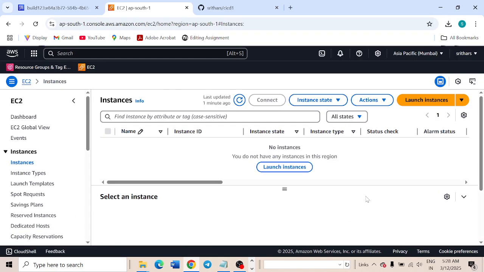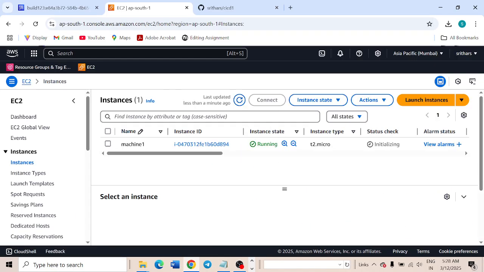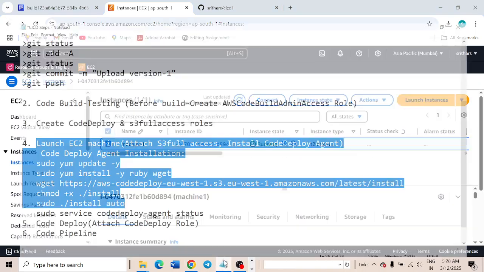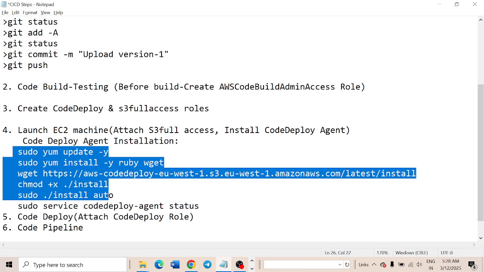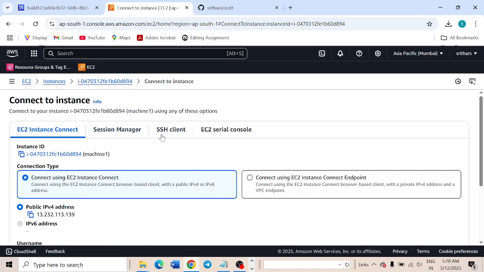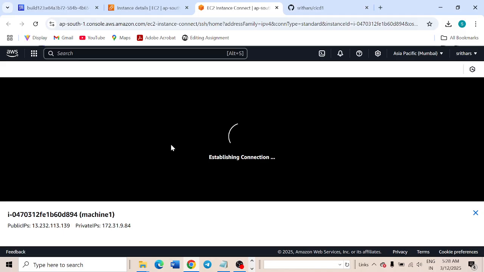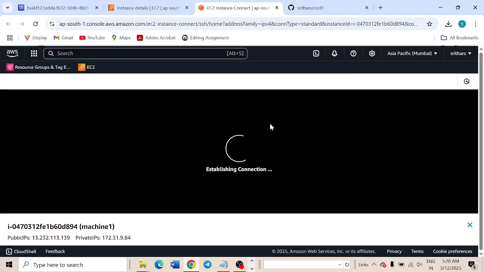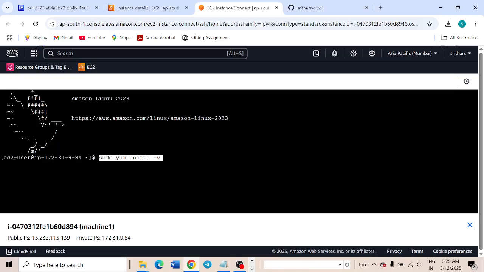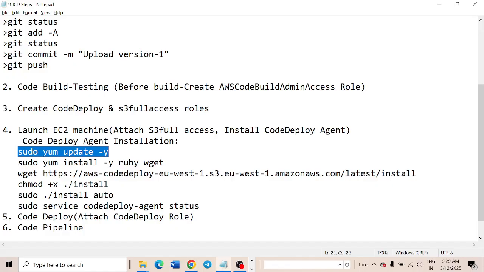It will take some time to complete this installation. What I want to do next is install the CodeDeploy agent. For that, a few commands are to be followed. Let me go to this instance ID and connect now. It will open the CLI, the command line interface, where we can keep all these commands one by one. This is for the operating system update. Let me run the commands. The second one,